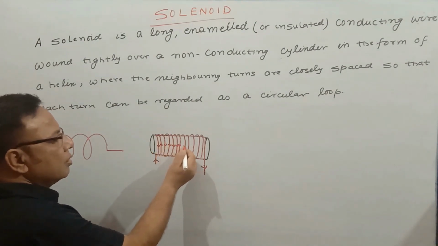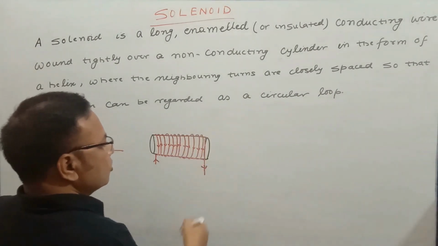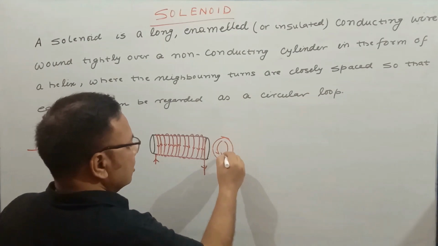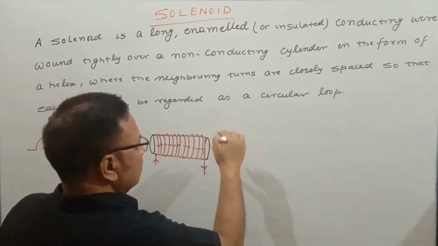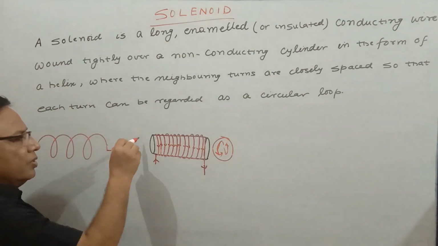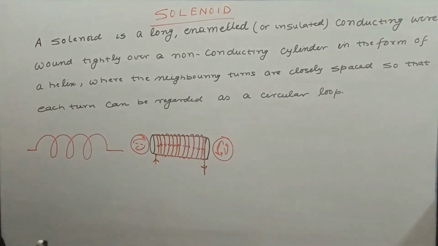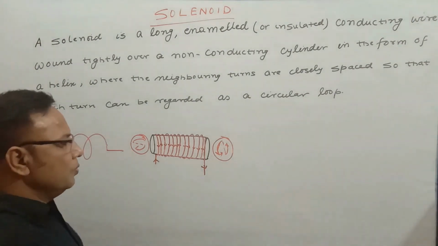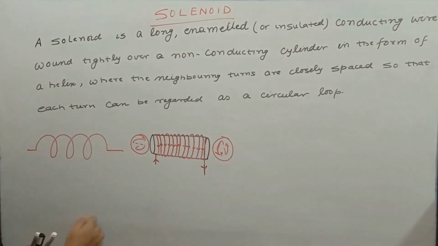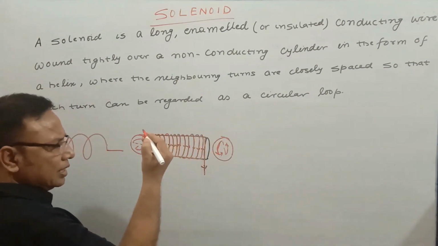From this side it is anti-clockwise, so it's quite obvious an anti-clockwise turn is there. If you see, the anti-clockwise current is somewhat like this, and this is going to make the north pole. And on this side, the current is clockwise, and if clockwise current is there, then this is going to make the south pole. A given solenoid carrying current behaves like a magnet. And here, the magnetic field can be found at each and every point if you want, that can be measured.